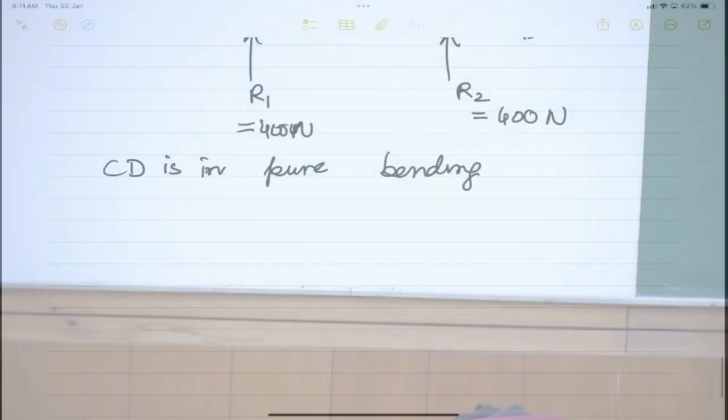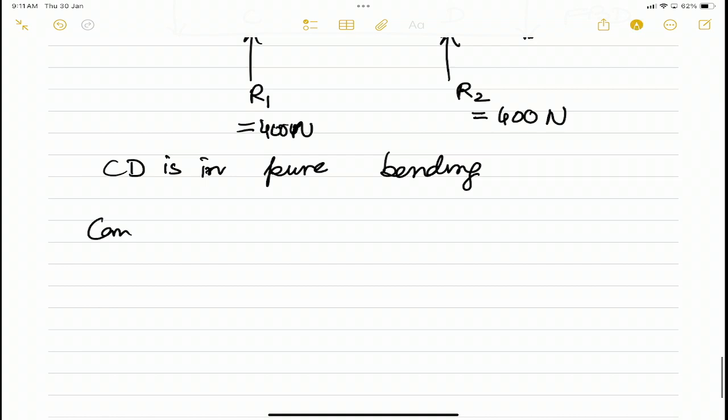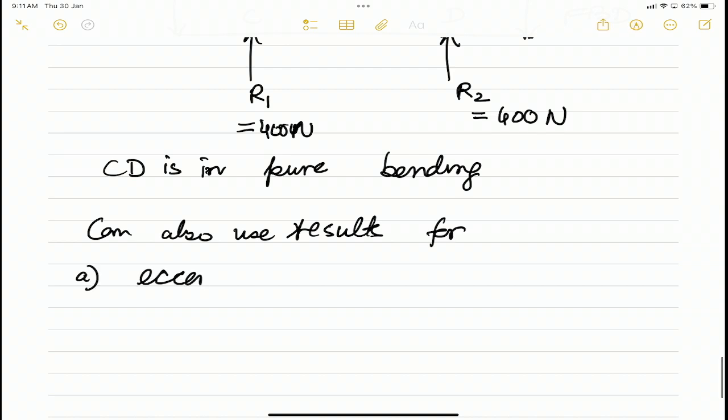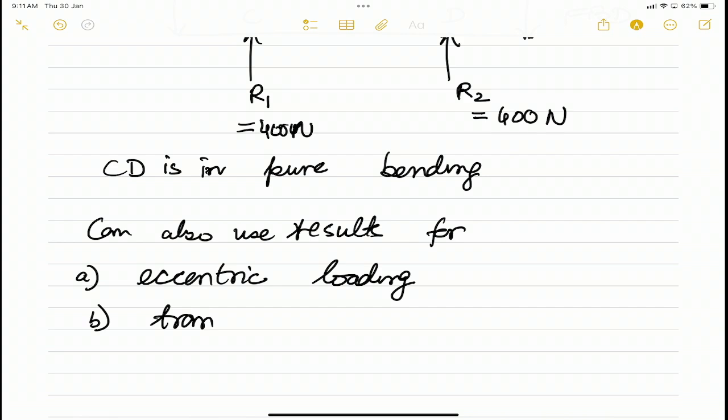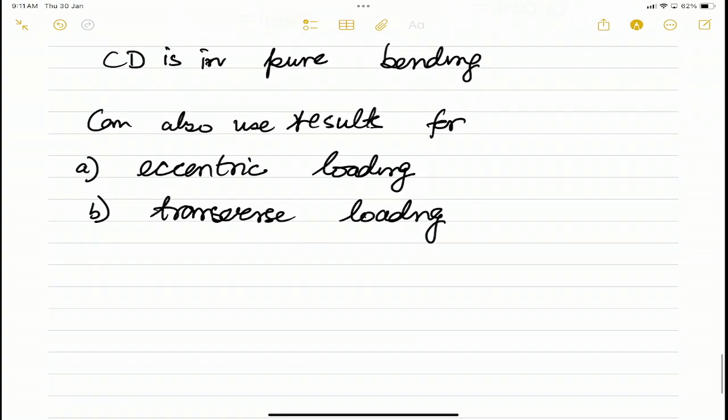Now, we can also use the results for two cases. Eccentric loading and transverse loading. Let me explain what we mean by